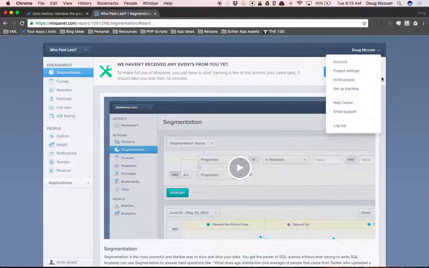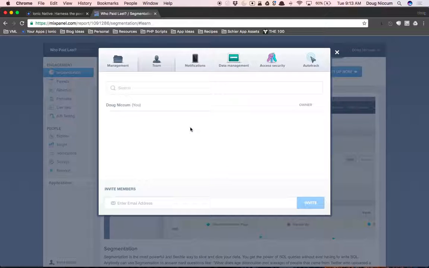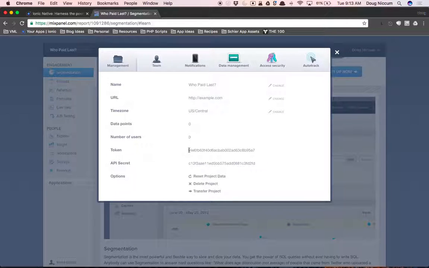So I'm going to come down here on the right hand side, go to project settings. This is your control panel for this individual project. The nice thing is you can manage your settings in here. You can invite multiple people to utilize this project, as well as a few other things that you don't necessarily need to worry about. The thing that we're super concerned about in this regard is this token. Okay, so I'm going to go ahead and copy this,